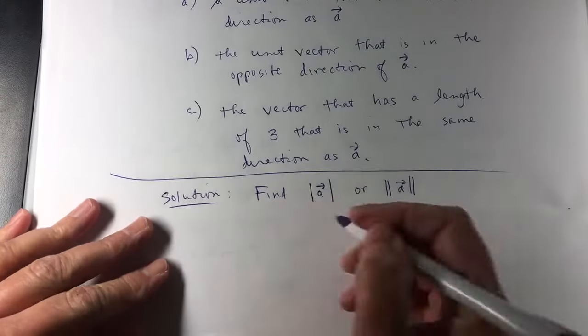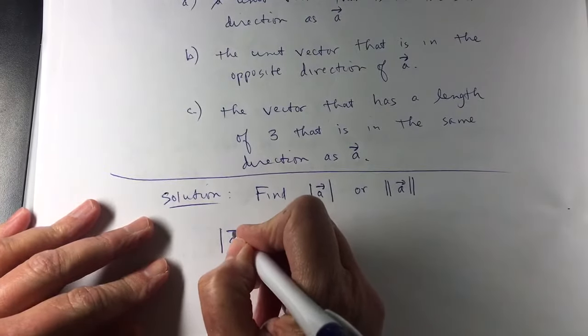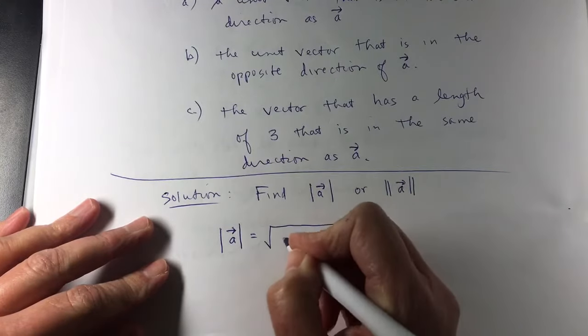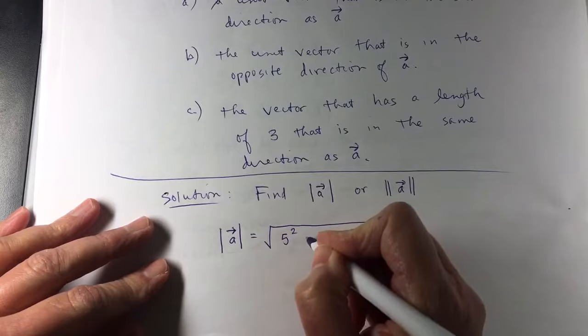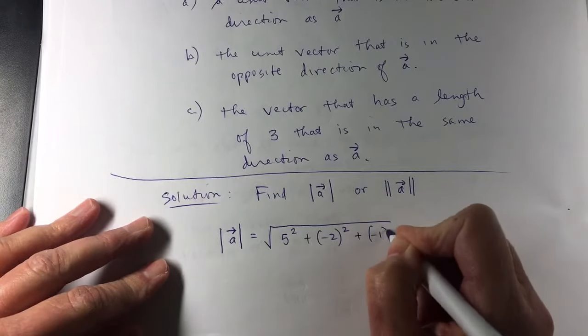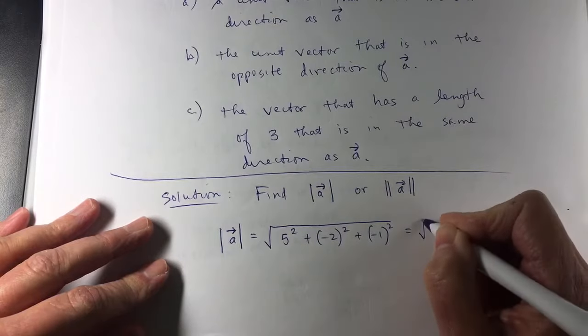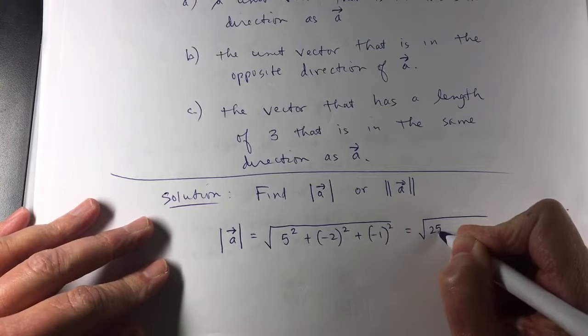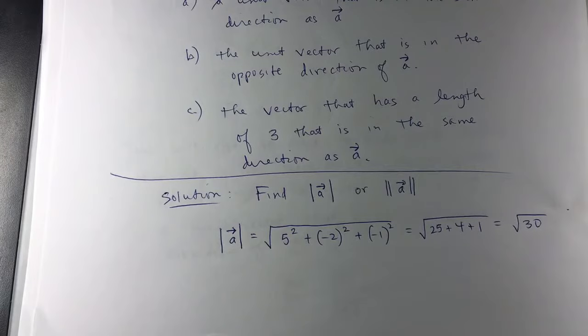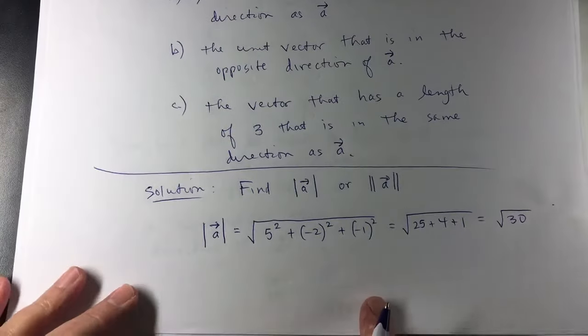So the magnitude of A is going to be the square root of 5 squared plus -2 squared plus -1 squared. So that's the square root of 25 plus 4 plus 1, which is the square root of 30. I'm just going to leave it as the square root of 30. So for part A,